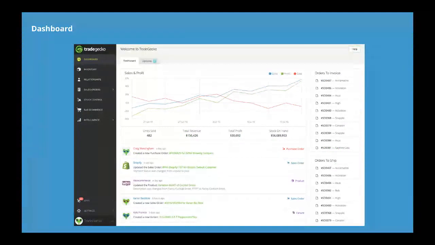You start to see a news feed of what's happening within the TradeGecko platform, and action items for the team: which invoices need to be sent out for payment, and which orders need to be fulfilled.